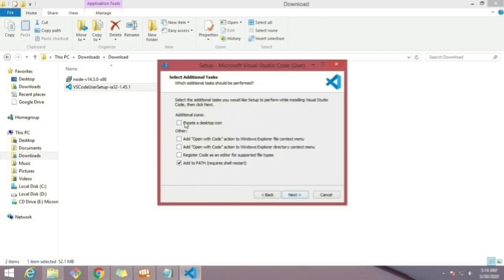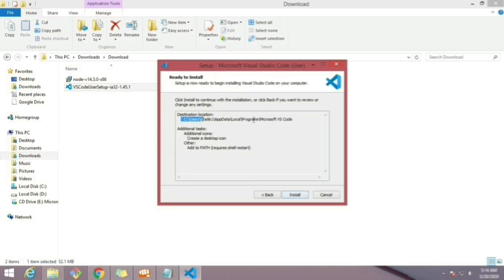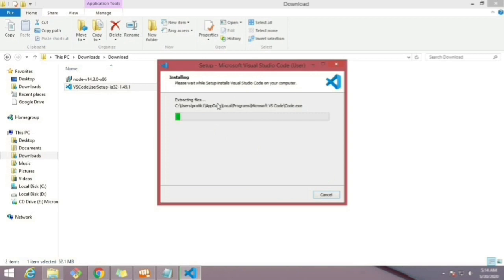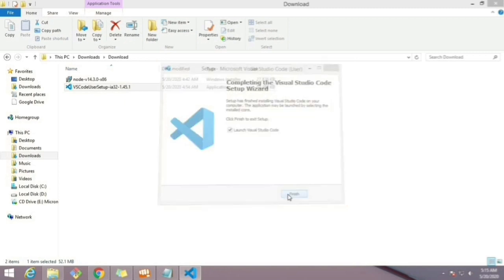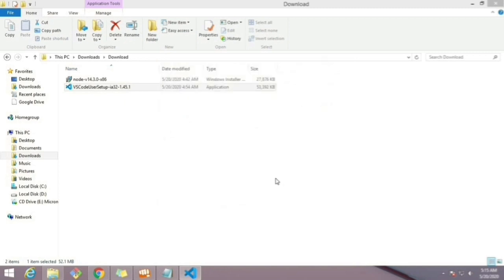If you need it, please check it. I need the shortcut on the desktop, so I checked the desktop and clicked on install. It will take 1 to 2 minutes to finish the installation. I clicked on the finish button here, and it auto launches.